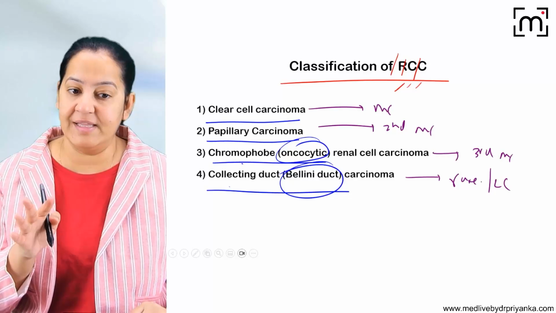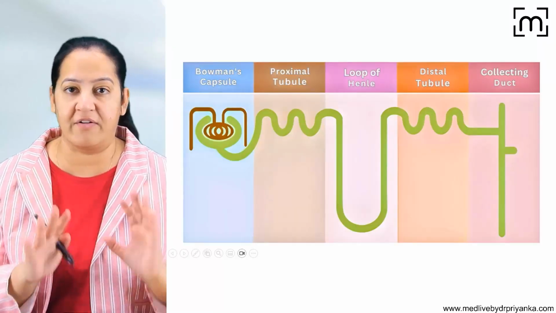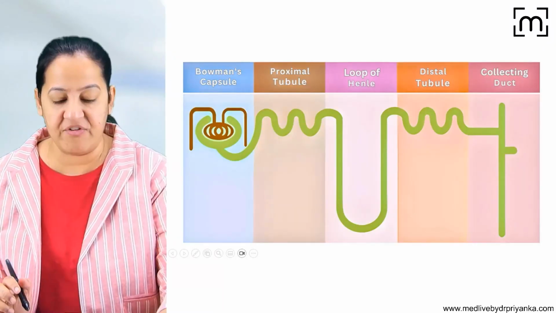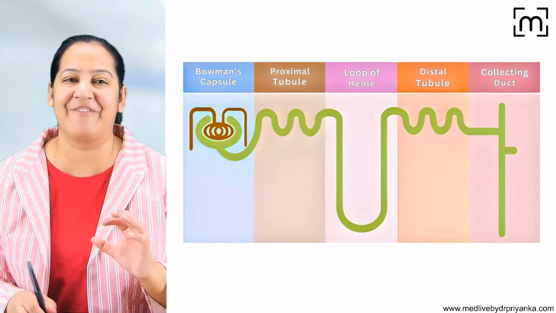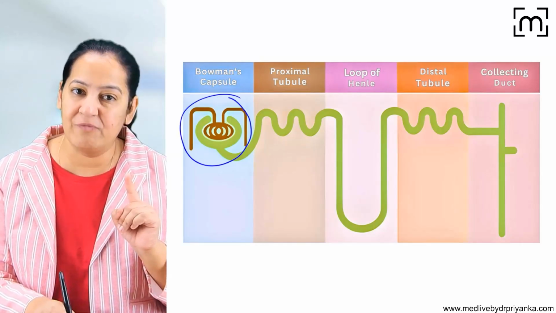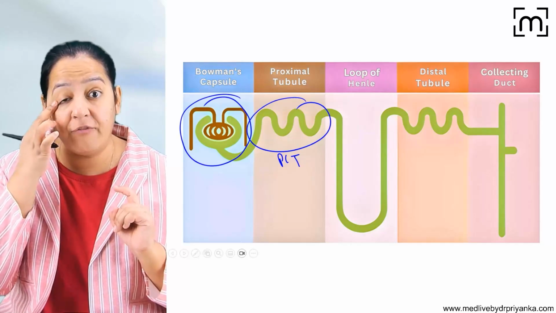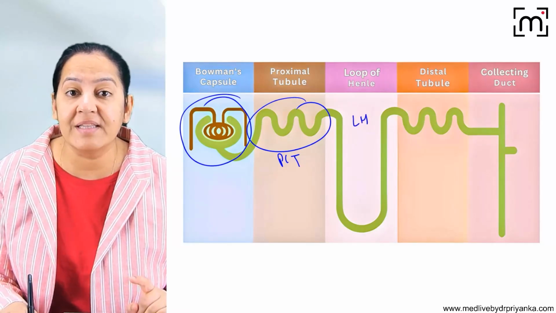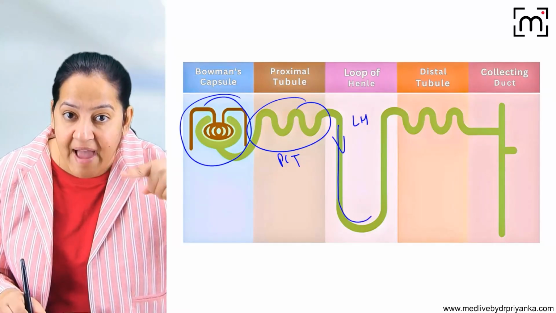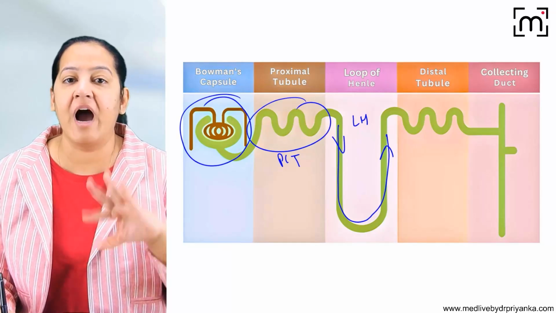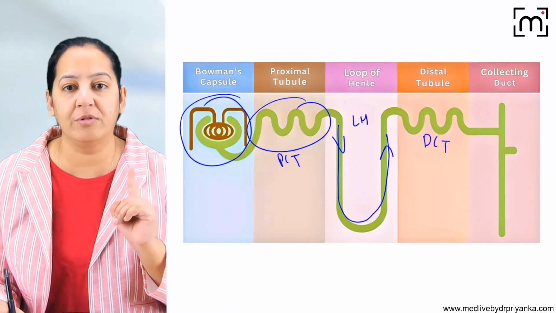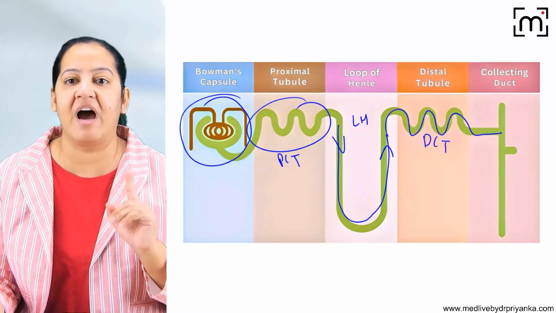Before telling you the details, they all arise from the nephron. Here is a diagram of the nephron in front of you. I guess you know the parts of the nephron. This one is the Bowman's capsule with glomerulus. This one is the proximal convoluted tubule, PCT. After PCT, there is the loop of Henle, the descending limb and the ascending limb. After that, there is the distal convoluted tubule, that is DCT, and after that there is